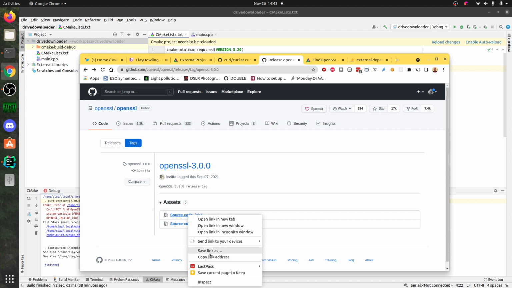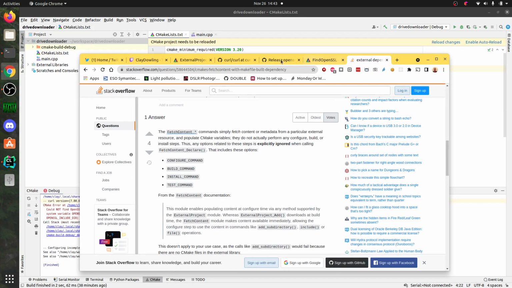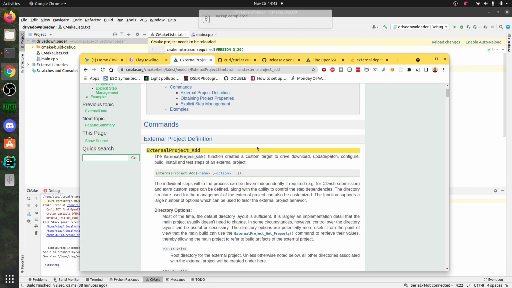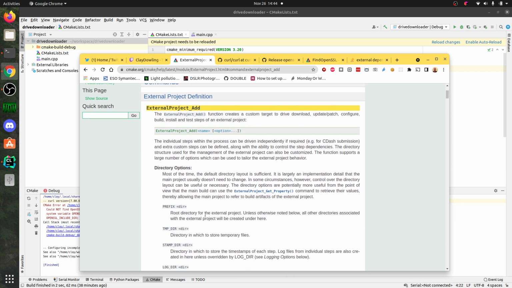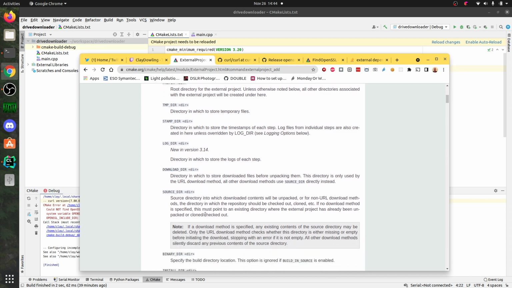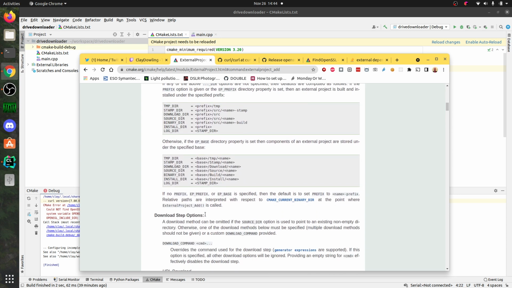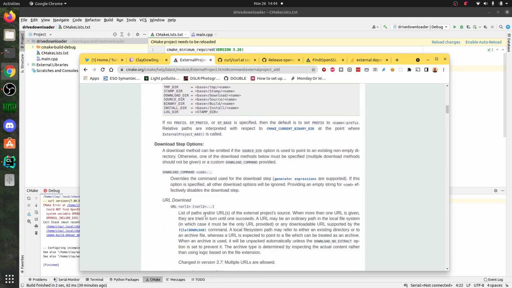So let's copy that URL. Now, we aren't going to play with the directory options. I kind of want to use